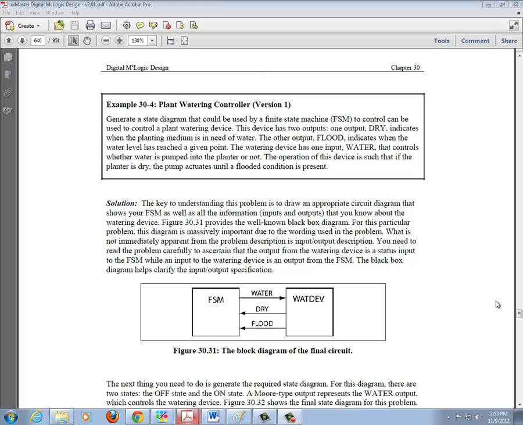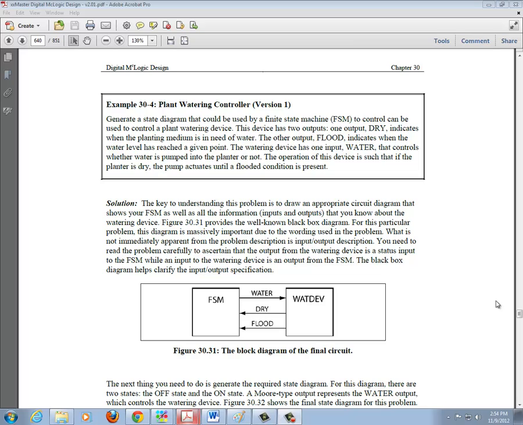So now that we've learned all about finite state machines, it's time to start applying these to real-world applications. So we're going to start here with this example on a plant watering controller system. And I'm going to walk you through the process of how to go about designing these state diagrams. So we're going to generate a state diagram that could be used by a finite state machine to control a